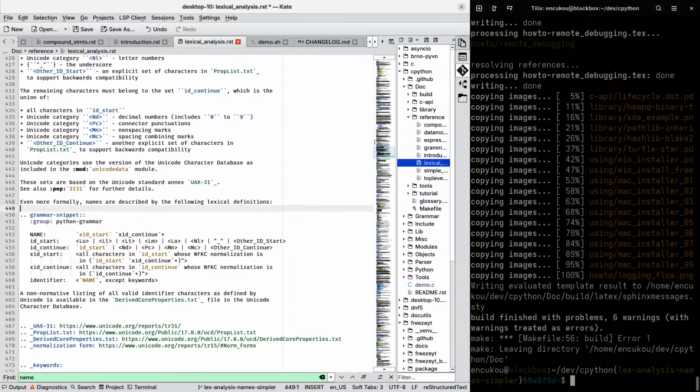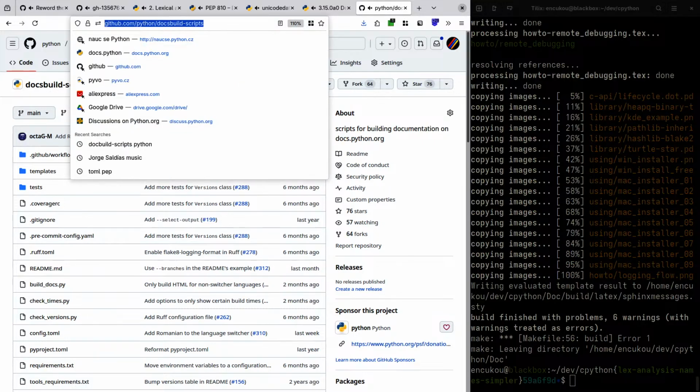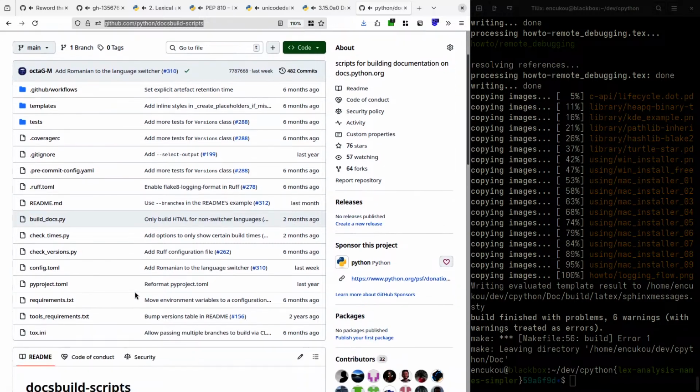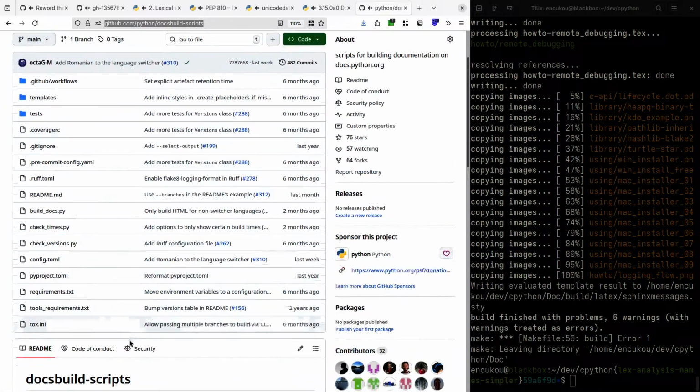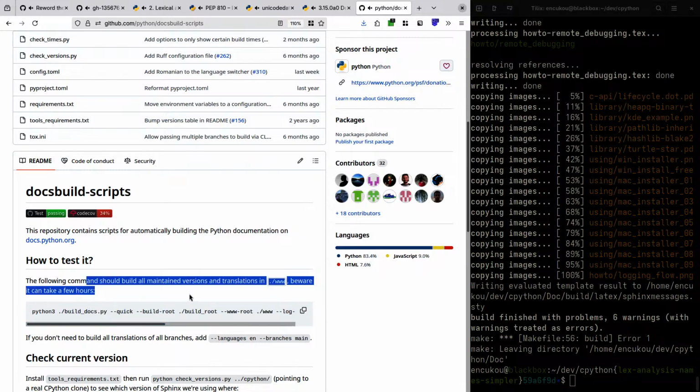So then you want to look at the docs build scripts. See what that does. The build_docs.py, quick, blah blah. Yeah, this will build all maintained versions and translations.